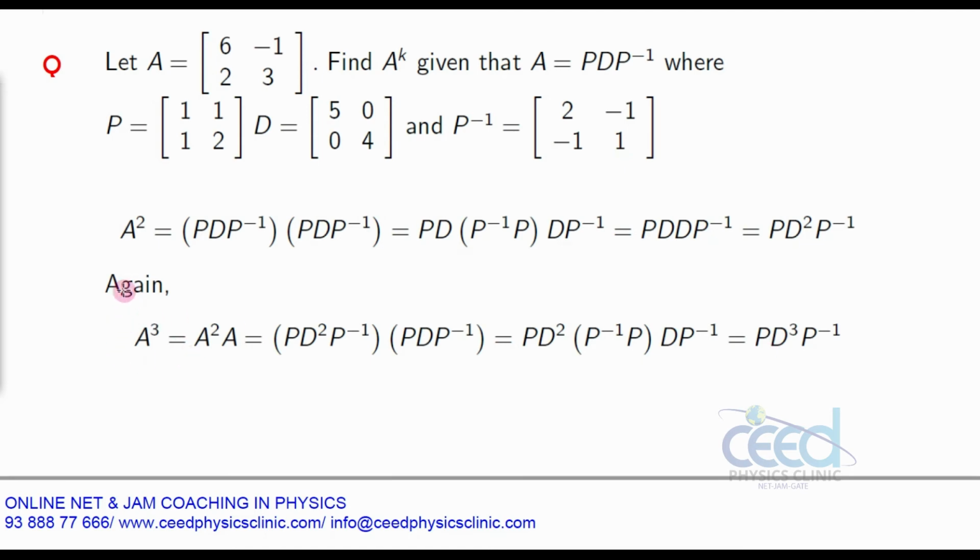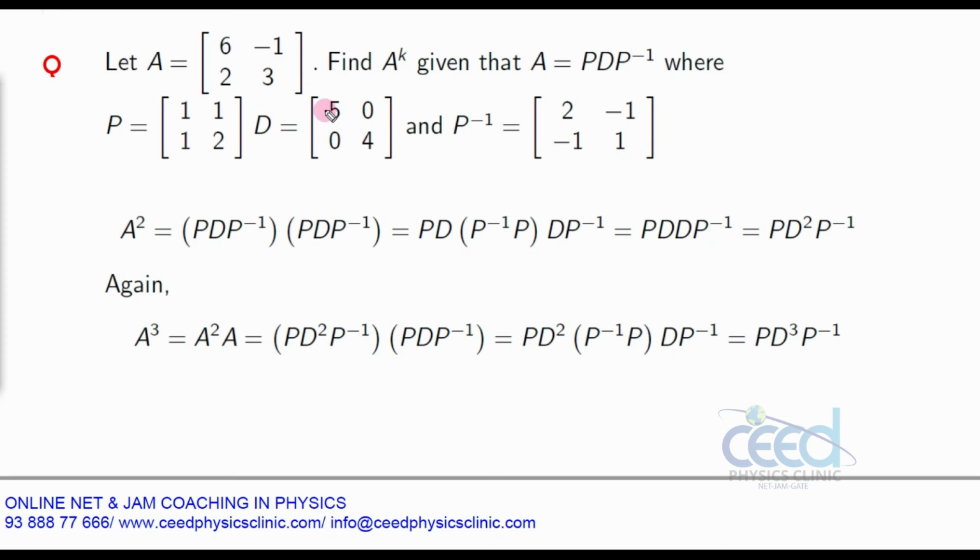So generally you can write this once you know the diagonalized matrix of the given matrix A. How will we find this diagonal matrix if it is not given? We need to do some steps. You have to find the eigenvalues of this matrix, and you can write the diagonal elements as the eigenvalues. When you solve this matrix, you will get eigenvalues as 5 and 4. You can solve and check.